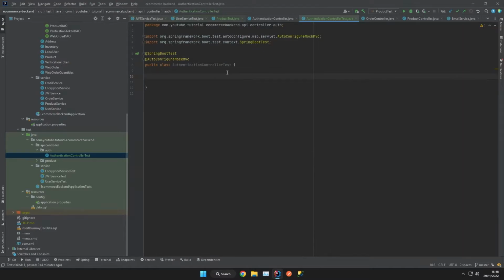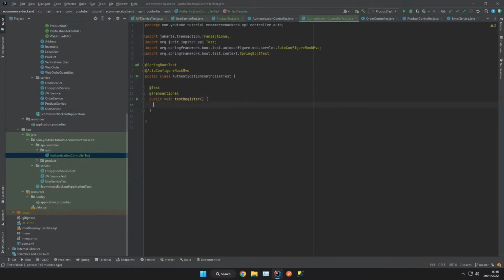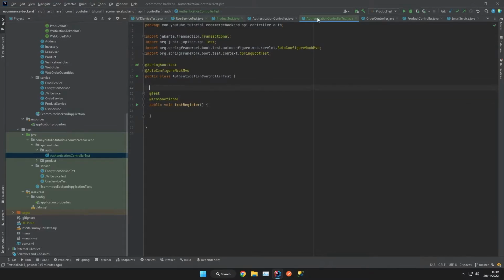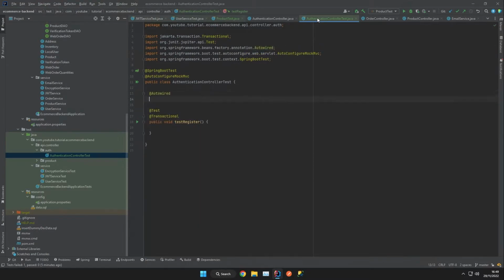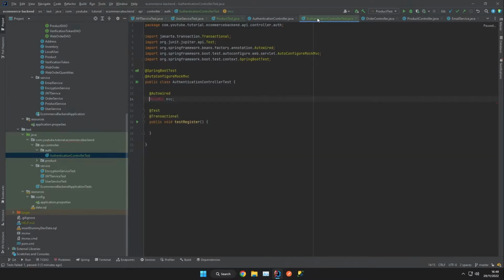So let's tackle that. So public void testInvalidRegister. Okay, and then we put @Test above it, and @Transactional just in case any data gets saved, so it rolls back after. So as before in our product test, we're going to do a perform. So let's do that. Oh yes, we need to autowire our MockMvc. Sorry, MockMvc. I'll make that private,